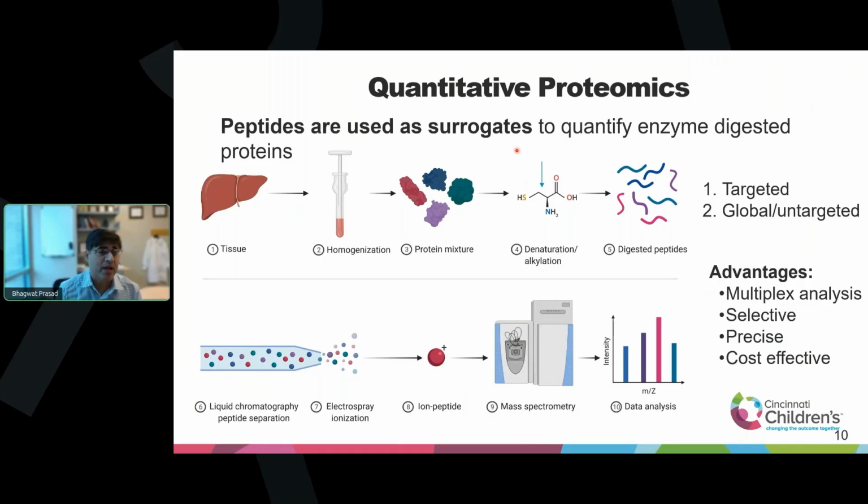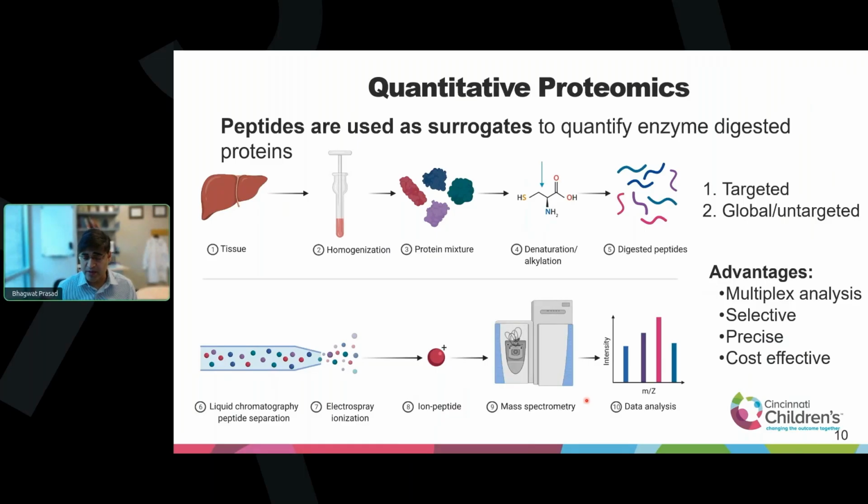And so we can use a tissue, or we can use a NAM model, or homogenate extracted from the NAM model, or the media and extracellular vesicles isolated from media. We can digest this and quantify. For example, we can do targeted proteomics or global, untargeted proteomics. And what it provides is a large amount of protein data in a quantitative manner. And so you can do multiplex quantification, which can then be compared with human tissues, for example, if you are working with the NAM model.